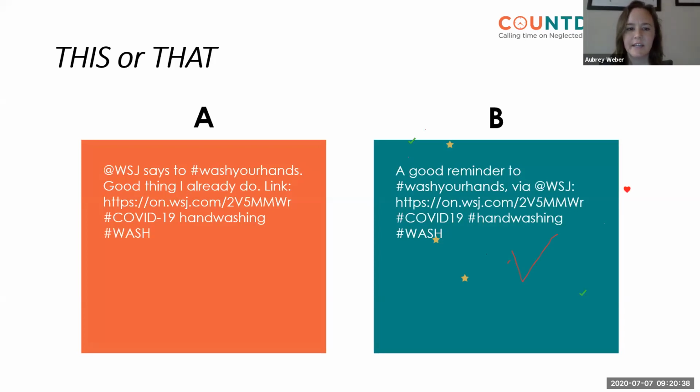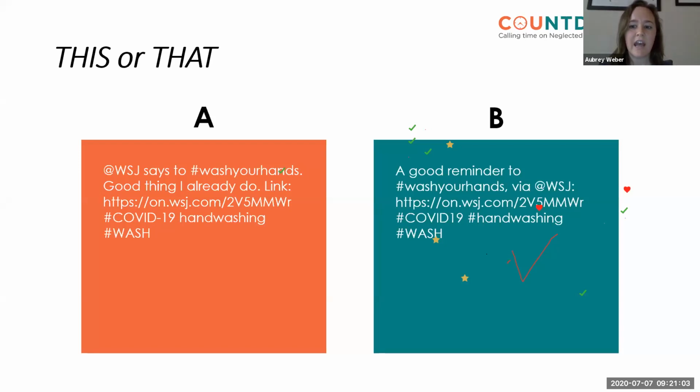Great. Yeah, so the winner is tweet B here. Tweet A has a bit of a strange tone. Imagine saying this out loud. That's a good indication when you're drafting tweets. Imagine saying it out loud to someone and see if it sounds conversational. Does it sound inviting or friendly? A does not particularly sound inviting or friendly.